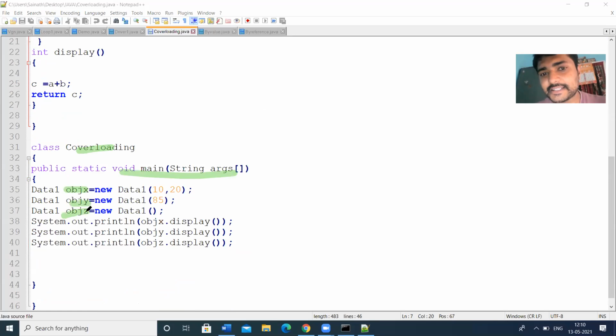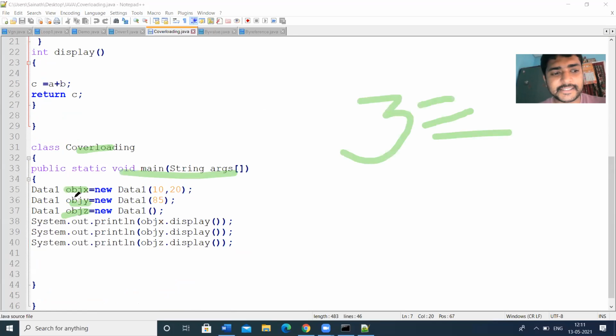We have defined three different constructors, so for three initializations, he is creating three objects: objx, objy, objz.